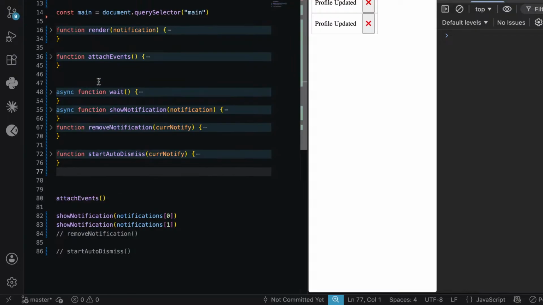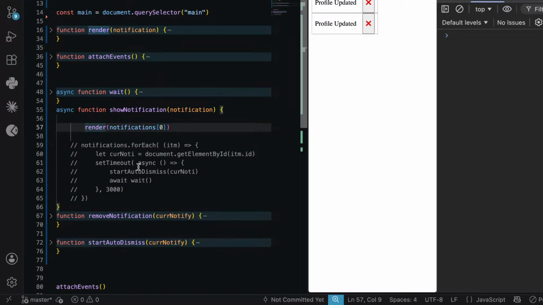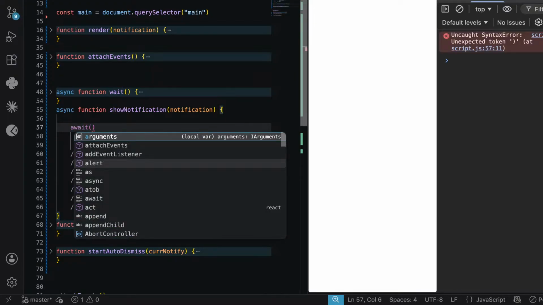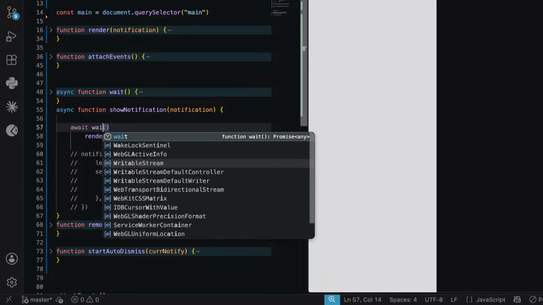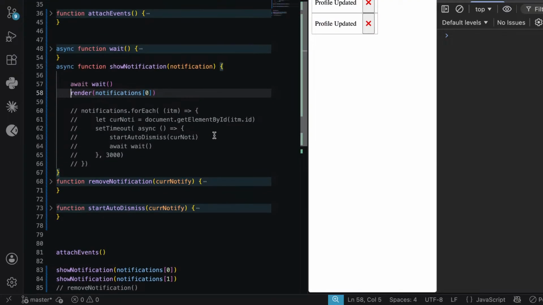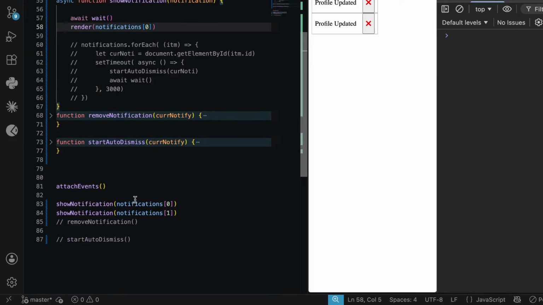What we will be doing is, when show notification happens, before that we will wait for a few seconds, and then render. 1, 2, 3, and okay, why are the two at the same time? I think wait,